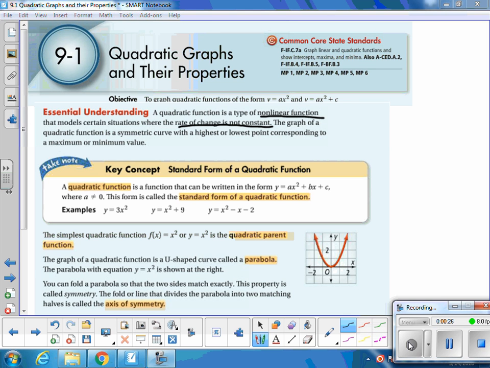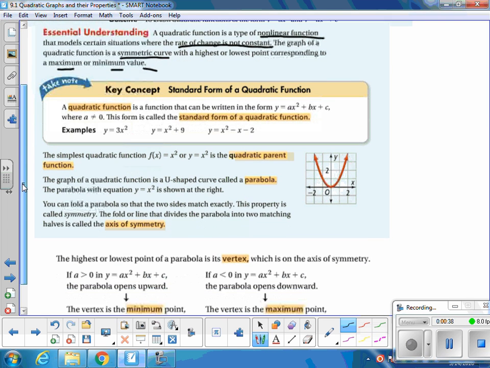The graph of a quadratic function is a symmetric curve with the highest or lowest point corresponding to a maximum or minimum value. So we'll work through all those different pieces